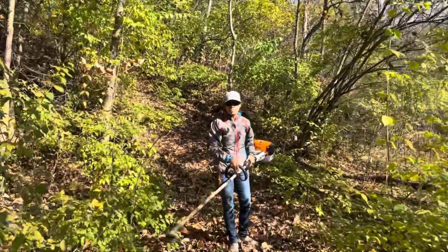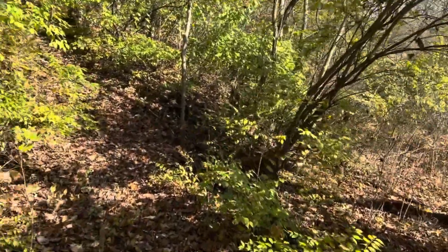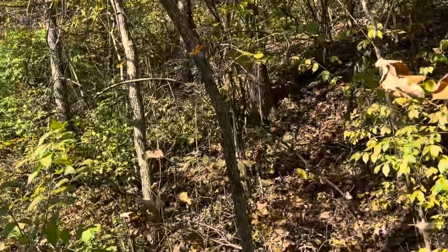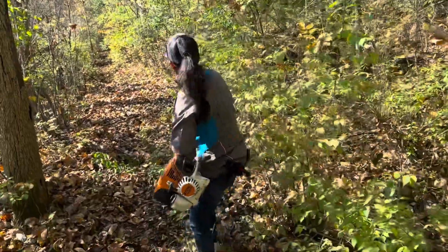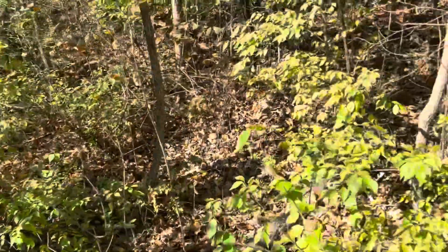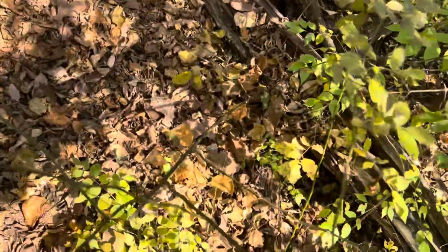slowly head back down and hit what you think you missed. We're just go slow, just work the trail. Behind her here. Like I said, the trail continues up through there, and there's like a thicker bush we need to trim,